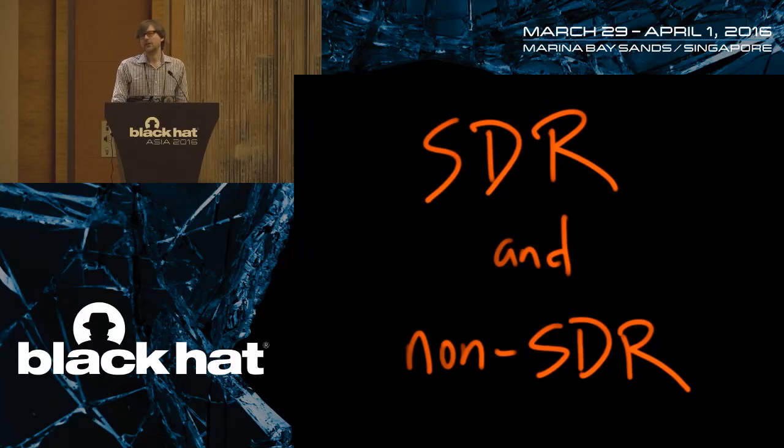So sometimes those tools are more appropriate or easier to use for a particular job. And I want to show you today an example of how you can reverse engineer a radio system using SDR for parts of the process of reversing where it's most convenient, and other tools for parts of the process where